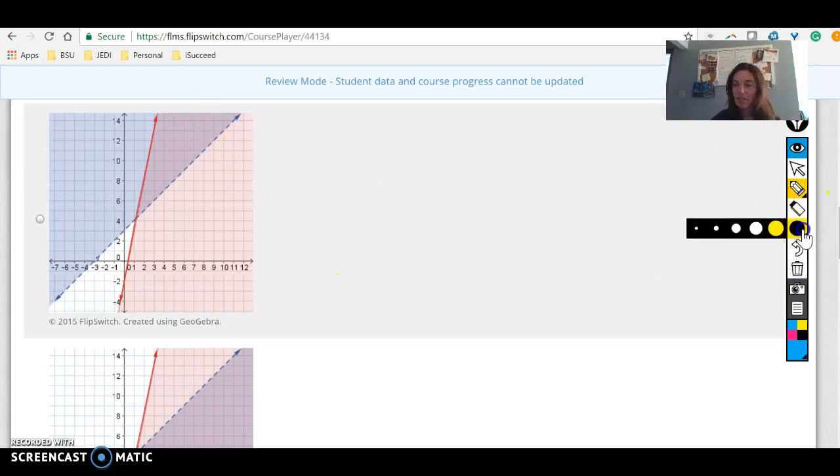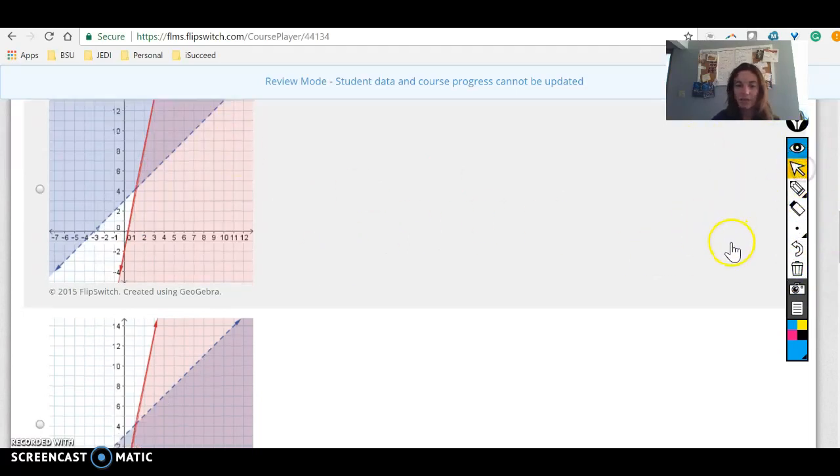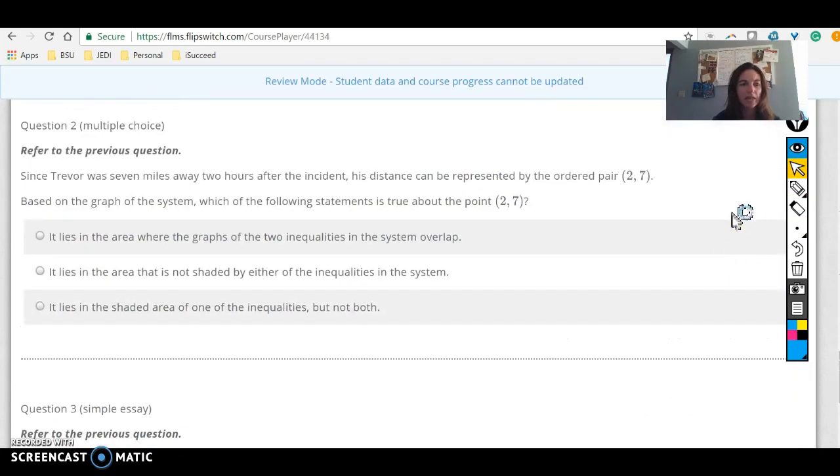So since we know it's in that area, we're going to go down and look at our possible choices here. It says it lies in the area where the graphs of the two inequalities in the system overlap. It lies in the area that is not shaded by either, and it lies in the shaded area of one inequality, but not both. So our truth is that it lies in the shaded area of both. Okay, so he was true for both of the inequalities,